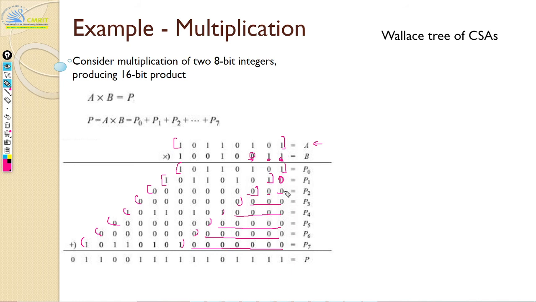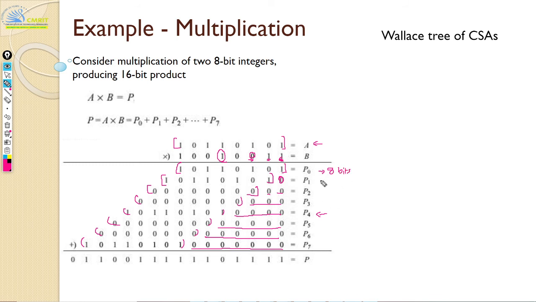Each one of these can be done independently, correct? Take any partial product, let us take partial product P4. P4 means I will put 4 zeros, and I'll check the fourth bit, 0, 1, 2, 3, fourth bit. The fourth bit is 1, so if that bit is a 1, then I will copy my multiplicand. My multiplicand is just copied. Now it also means that your P1 is going to be how many bits? 8 bits.